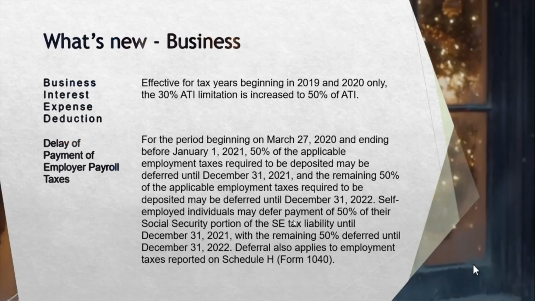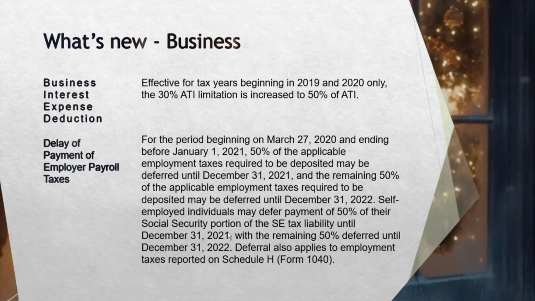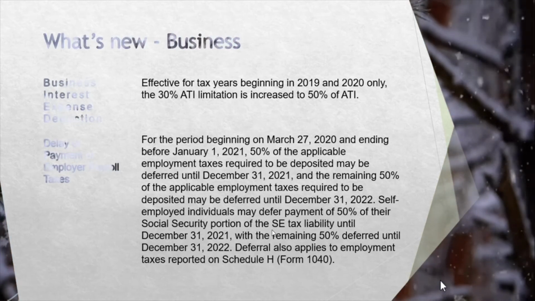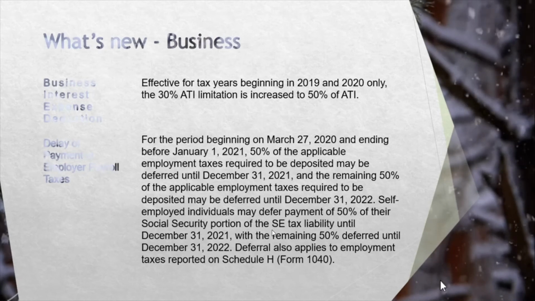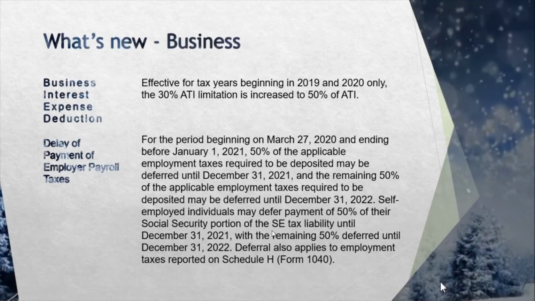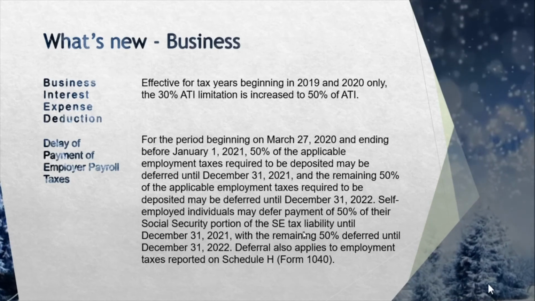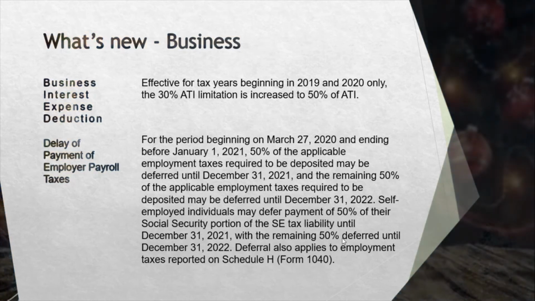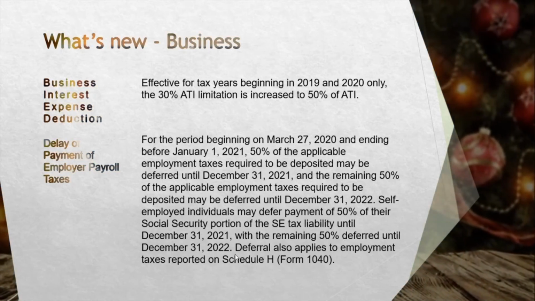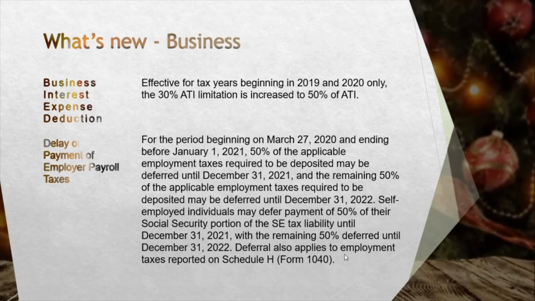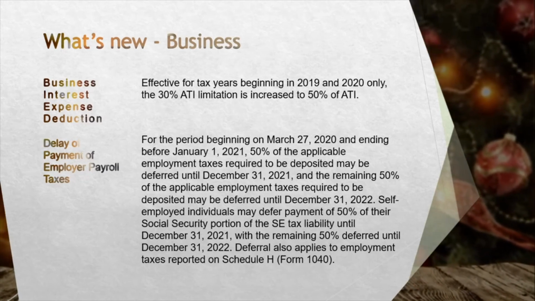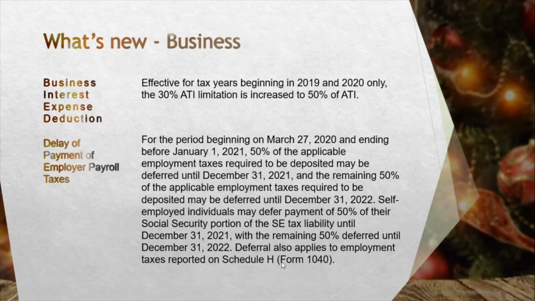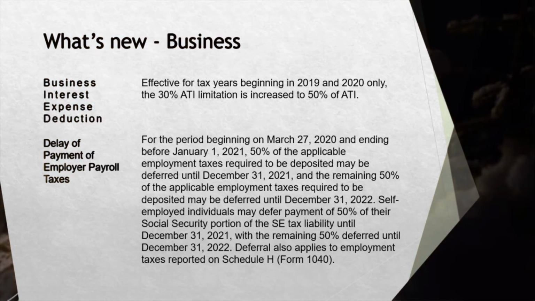Self-employed individuals may defer payment of 50% of their Social Security portion, that's the 6.2%, of the SE tax liability until December 31, 2021, with the remaining 50% deferred until December 31, 2022. Deferral also applies for employment taxes reported on Schedule H. This is if you have employees, like babysitters, nannies, gardeners,